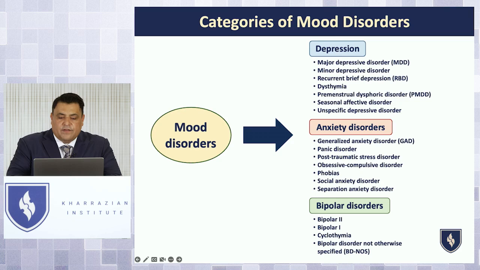When you see the word major depressive disorder, you should immediately think of an unhealthy brain. A brain that doesn't have potential for neuroplasticity. A brain that may have lack of blood flow, may have chronic inflammation, may have mitochondrial impairment. Don't play with the neurotransmitter model only for them. Don't think it's just like 5-HTP or those types of things. You can use those to help with symptoms and mood for some people, but it's only going to have a little bit of an effect, and it's probably not going to last very long. Now, your minor depressive disorders and your recurrent brief depressions can be very, very severe.